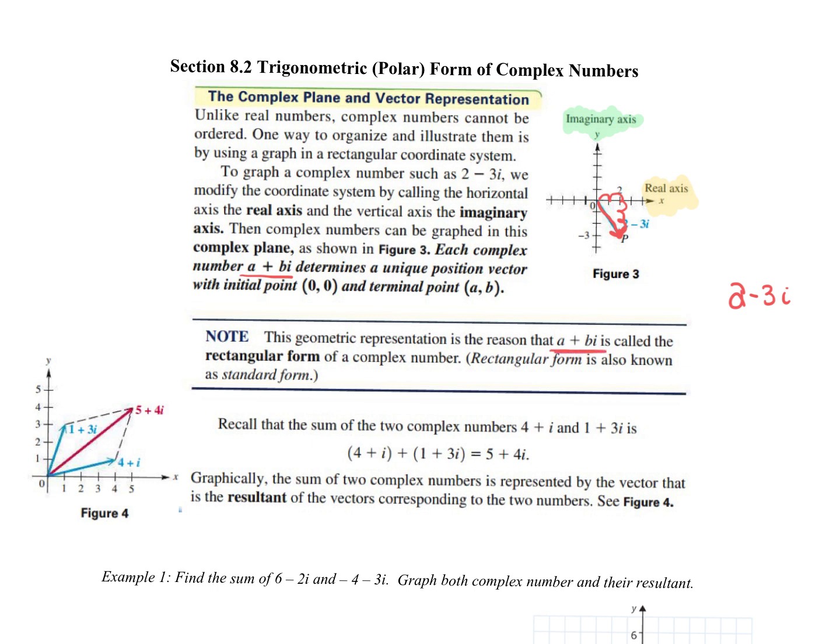This a plus bi is called the rectangular form of the complex number. We're going to write it in some other forms in the notes. So first of all,